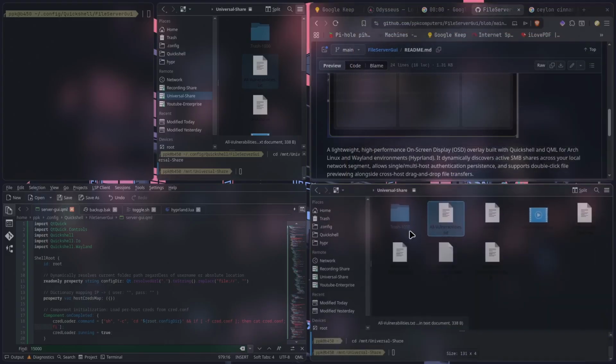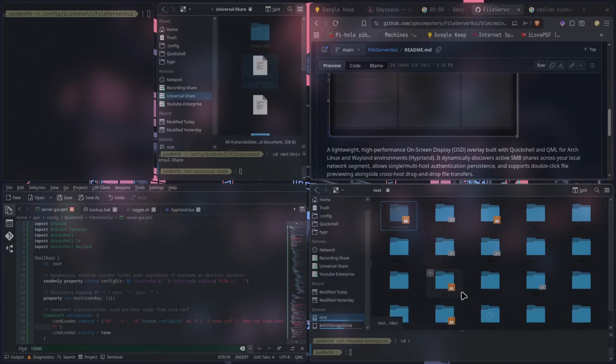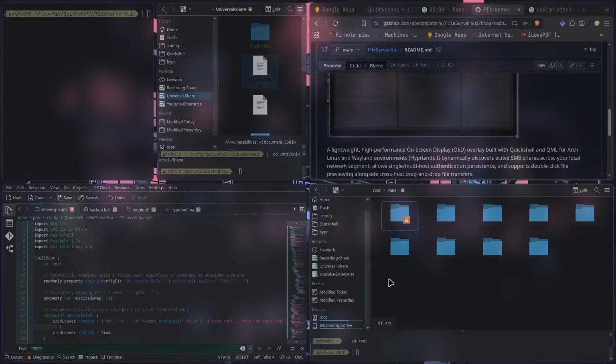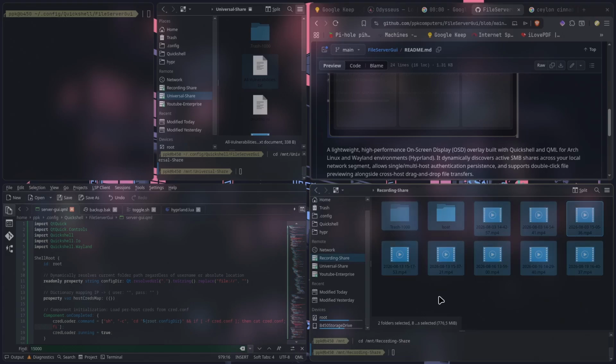With a file browser, I had to set the shared folders up here manually. Where would they be? Oh my god, this text is now so dark. Yeah, so I had to mount them. Obviously, if you have shared folders, you have to mount them on the system that you want to see them in. So they are mounted in root mount. Let's just see recording share. Yeah, there it is. So you still have to do that,